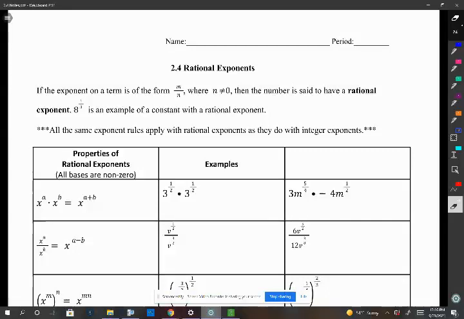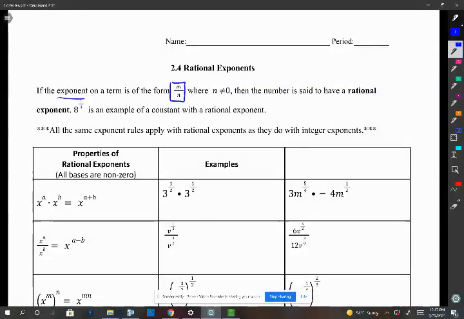So 2.4 is on rational exponents. And in the beginning of Unit 2, we worked with just exponent rules. And so as we look at this, we need to just recognize that really we're doing the same thing. The only thing that's going to be a little bit different for us is that sometimes our exponent will be written as a fraction. So if the exponent is a fraction, it's called a rational exponent